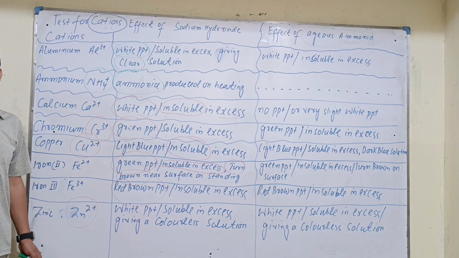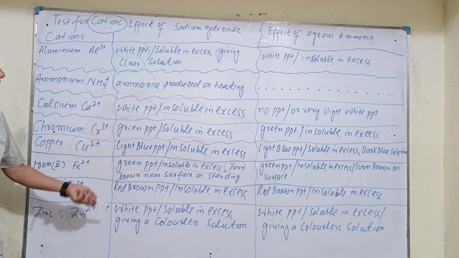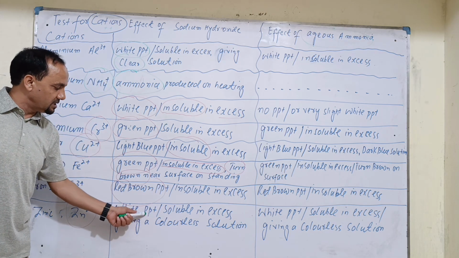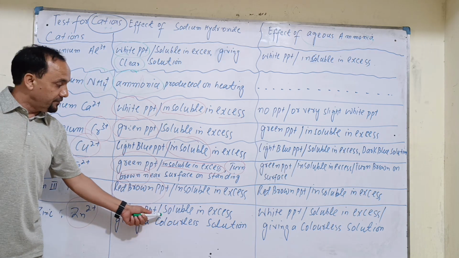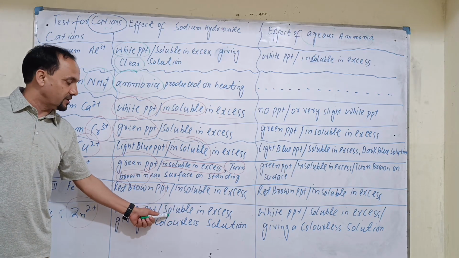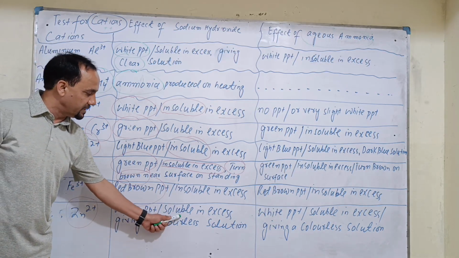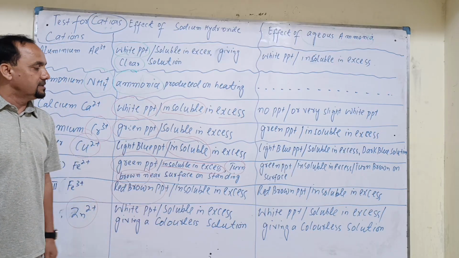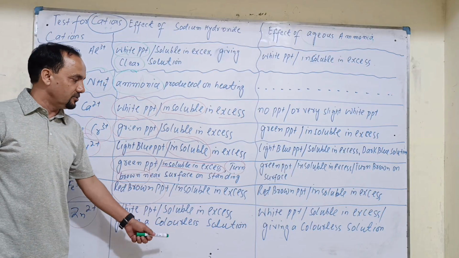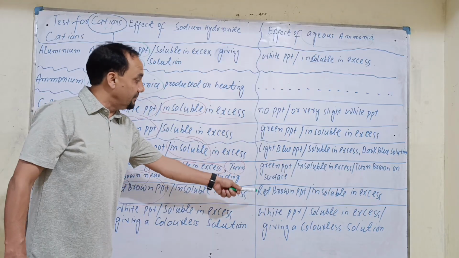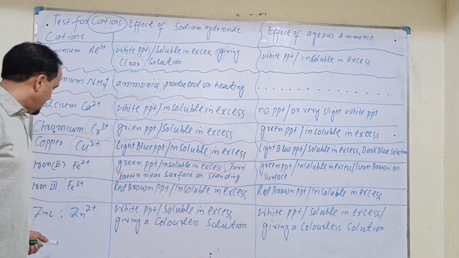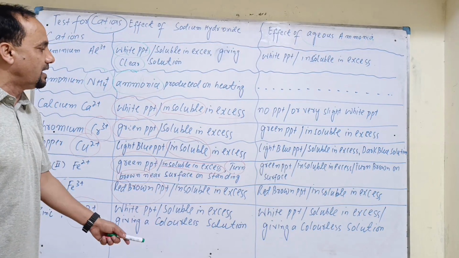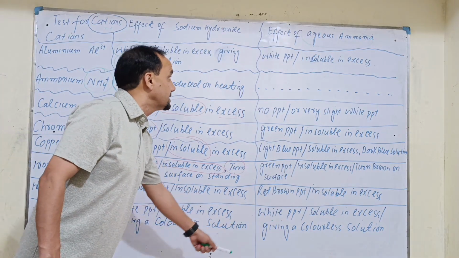If any salt containing zinc ion is treated with a few drops of sodium hydroxide, a white precipitate will be formed. If you add excess sodium hydroxide, that white precipitate will dissolve, giving a clear, colorless solution. If ammonia solution is added to a salt containing zinc cation, a white precipitate will be formed, soluble in excess,